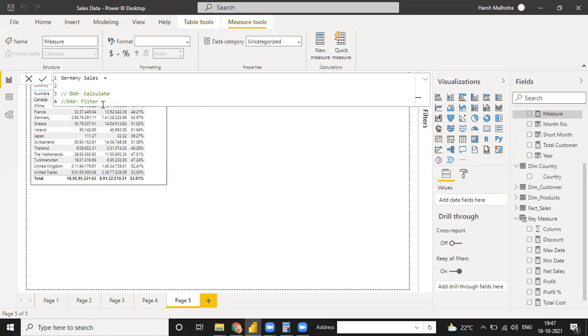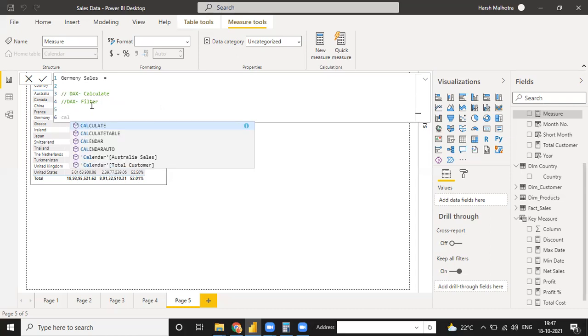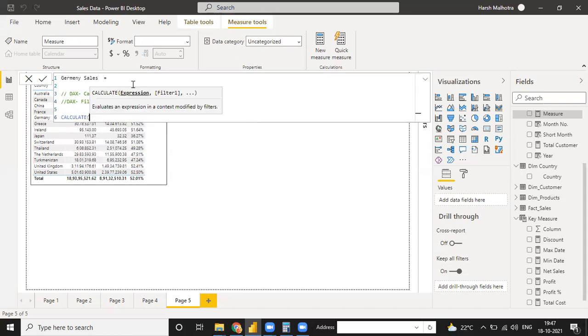Guys, these two functions are very important for creating any advanced analytic function. You can use multiple filters. Multiple filters means, suppose you want to use Germany country sales with year 2020 only, then you can use multiple filters for this function.